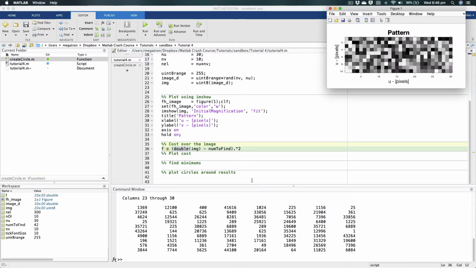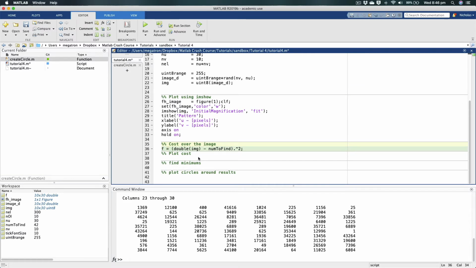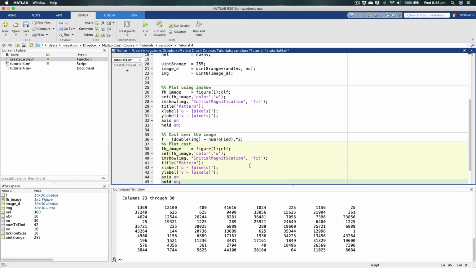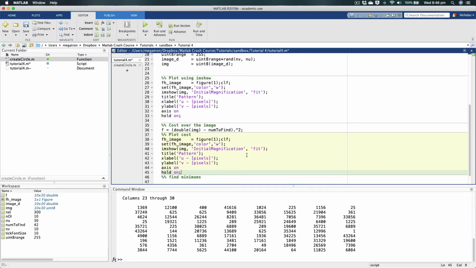Looks like we have. So now the first thing we should do now that we have this is plot it so we can see what we're dealing with. Now we still want to plot this like an image because it's still something that's evaluated on a discrete grid, but it's no longer a valid image. So we shouldn't plot it with imshow. It's kind of like a scaled image, and MATLAB has a function for that called imagesc, meaning image scaled. And instead of calling this pattern, we'll call this cost. Now if we run this,